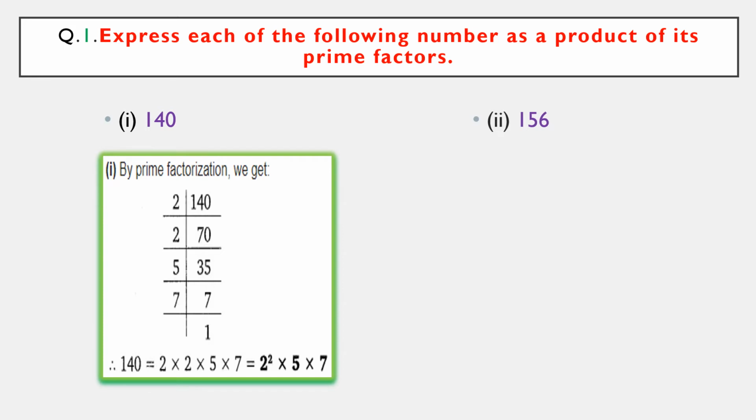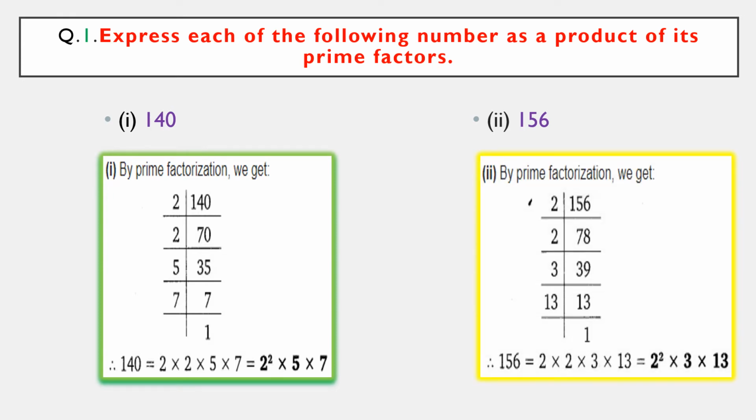Coming to the next problem, 156. Do the prime factorization of 156 in the same way. You will get the prime factorization of 156 in this way. As the last digit is 6, I took 2 table, so it goes 78 times. Again it is 8, so it goes in 2 table 39 times. It is 9 in the last, so it will not go in 2 table, so I'll check with 3 table. The sum of the digits is divisible by 3, so 13 times. 13 is a prime number, so I wrote 13 ones 13. Now I wrote all of them in product. As 2 occurs 2 times, I put 2 square. Clear, children? Let us go to the next problem.